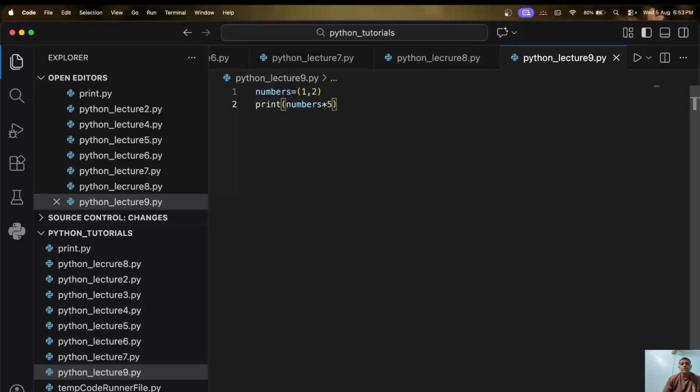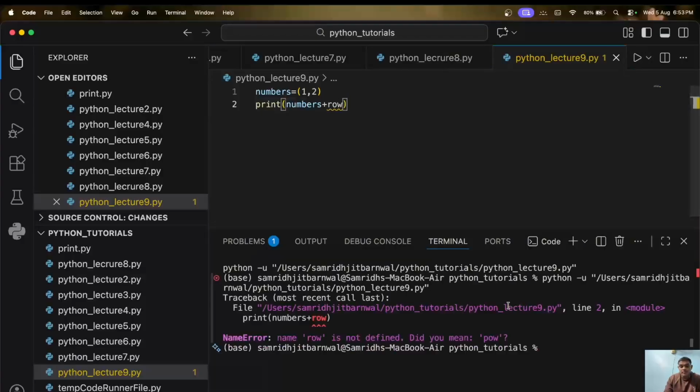Now let me ask you a quick question. What do you think will happen if I write numbers plus row? Will Python allow it? Let's test it. Python gives an error. Why? Because numbers contains integers while row contains